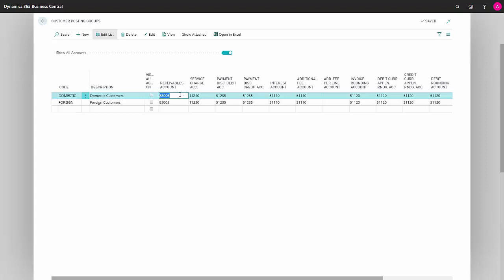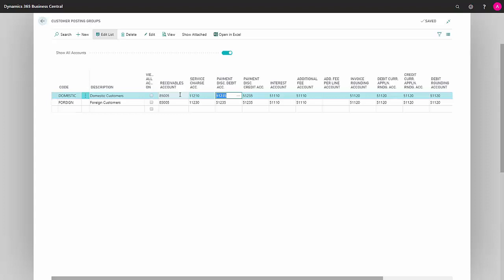You can opt to have the same account on all your posting groups, or else you can opt to have different ones, depending on your setup. The next field is Service Charge Account. This is a fee account where any fees you might charge your customers when invoicing them will end up. This may be to do with the customer not having bought for a high enough sum, and so, they will get a surcharge added to their order.